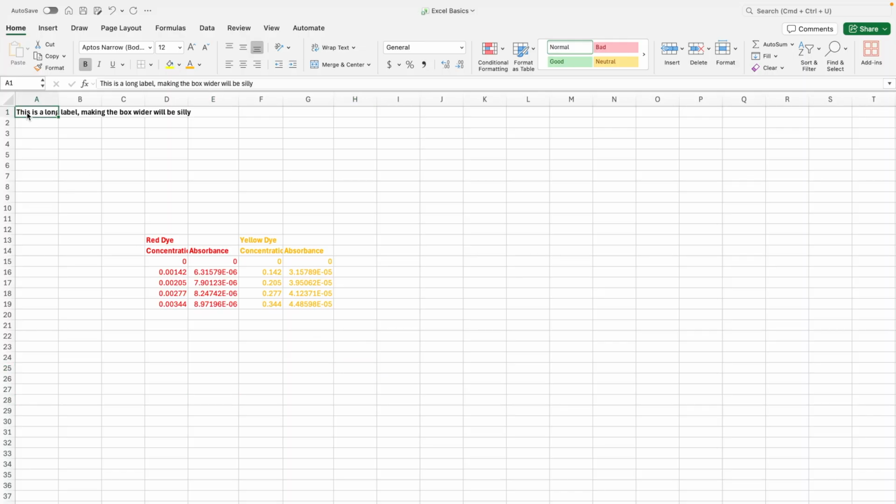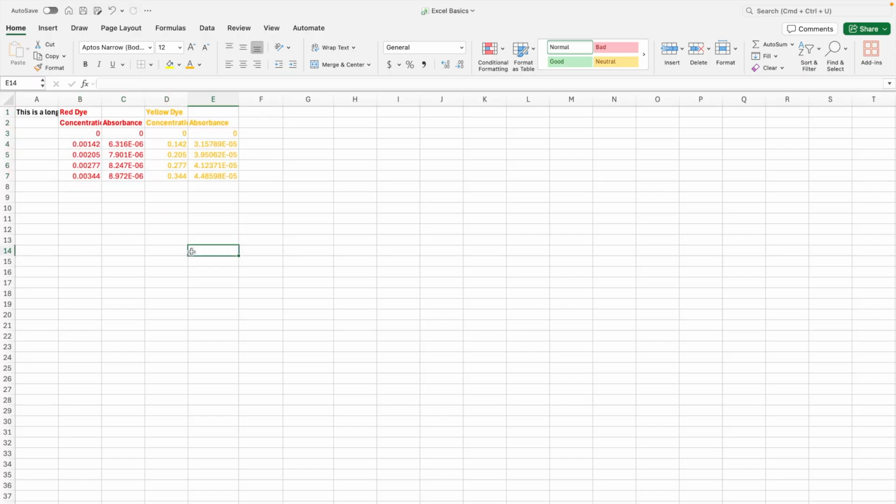Here you can see that we have one very long header, which is fine right now. You can read the whole thing. But the second we add data next to it, which I'm going to do right now, you can see that now it is not visible, the whole header, which is a problem because there could be valuable information in there that now it's just not visible unless you actually click on the box and read what it says in the formula box. So in order to fix this, we are just going to press on the box that we want